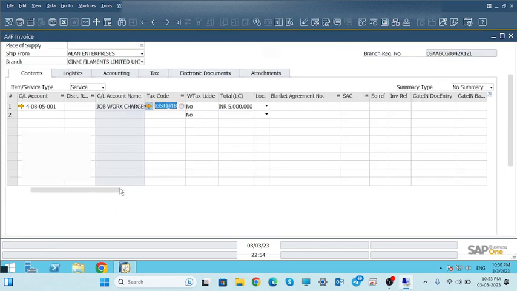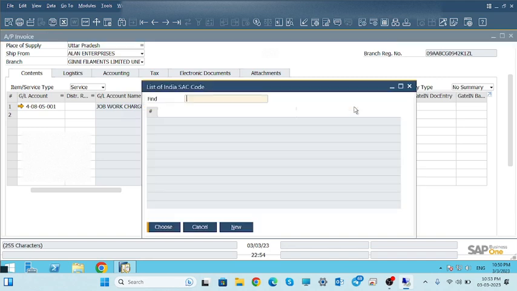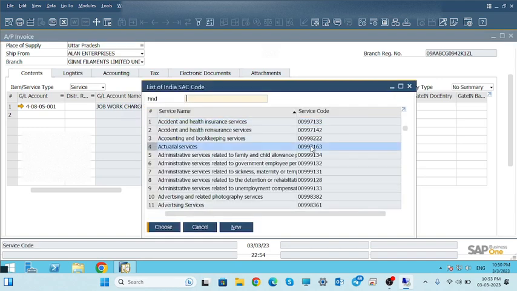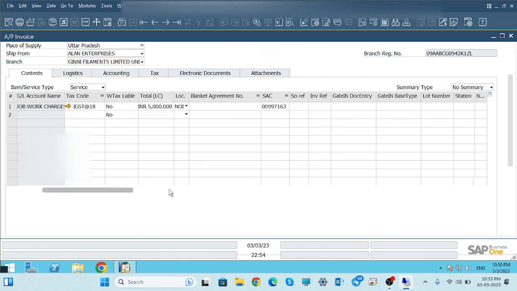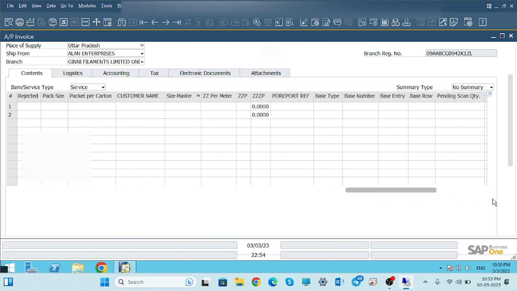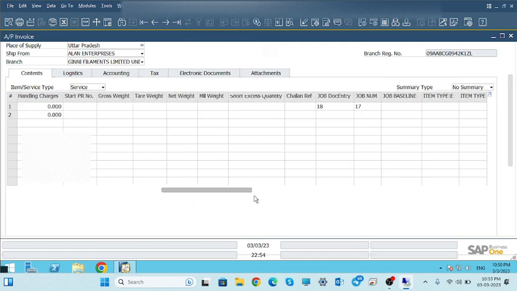Yeah, this is the 18%. Select the location. Location is Noida, and in the case of services, there is a SAC code, similar to how in the case of an item we select the HSN code. So select the SAC code here. Let us consider any one in the SAC code, any area. So just select the SAC code and finally,